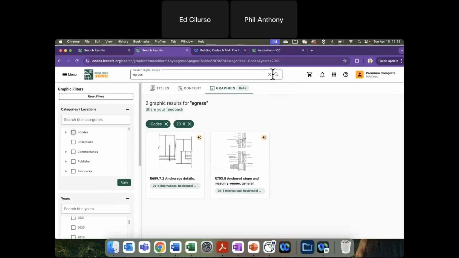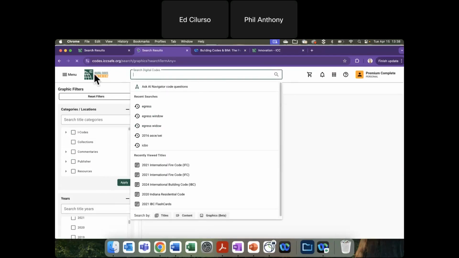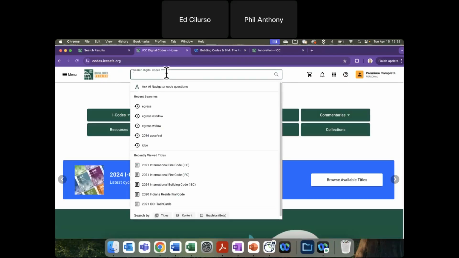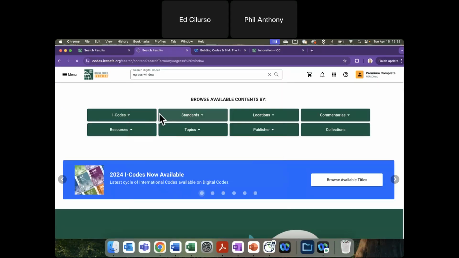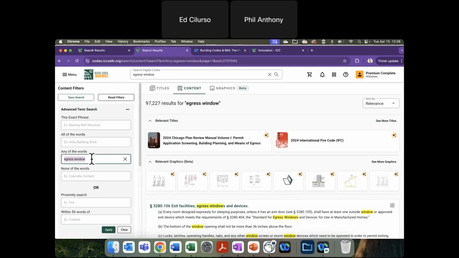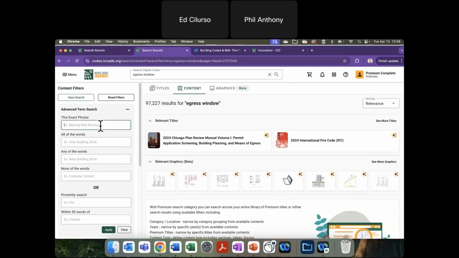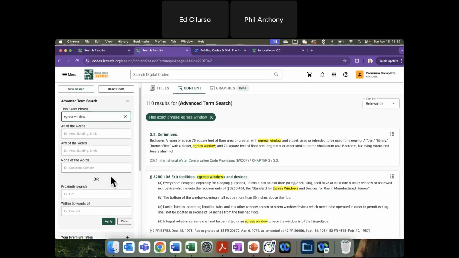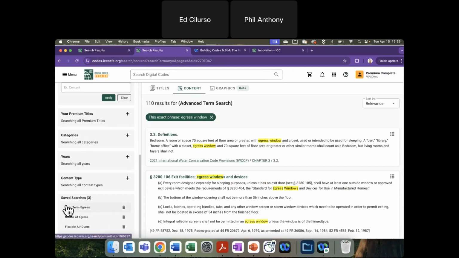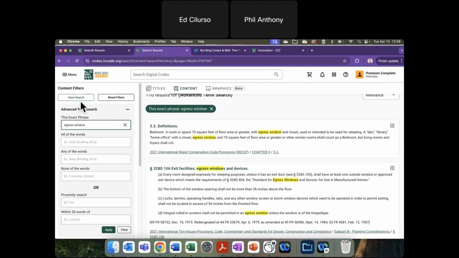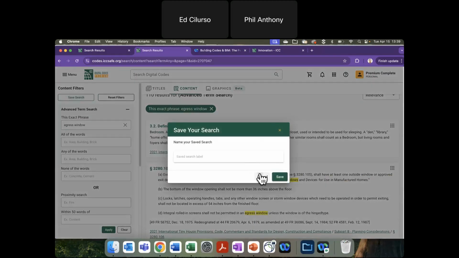So the advanced search functionality can be accessed from both the home page or within a specific title. And as you can see, all the different tools that you have, you can save your searches through there. Whenever you put in a search term, please remember that having that many results kind of throws people off. So usually the first thing I do is search for that exact phrase, but as you can see, you can use all, any, or none of the words, and then you can actually save your searches that you want to keep and use them again.